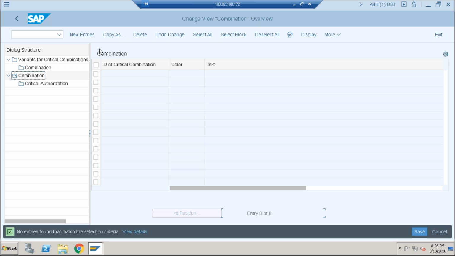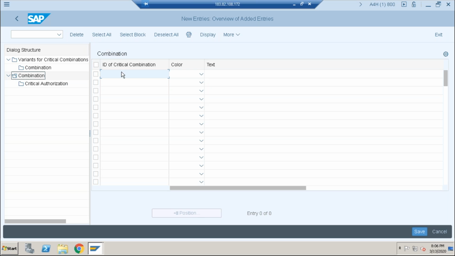Click on new entries. Color indication. Text. Save.